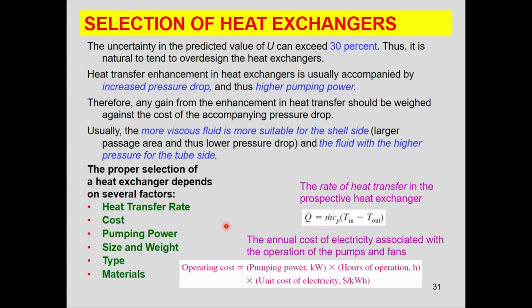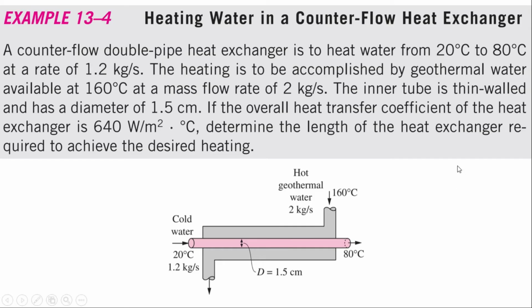Now I will explain the different problems related to the NTU effectiveness method and the LMTD method, so that you will get the idea of how, after reading the theory, we can put it into solving a problem, for the LMTD method as well as for the effectiveness NTU method. So let's have a look at this problem, which is heating water in a counterflow heat exchanger. Let me read the question statement first: a counterflow double pipe heat exchanger is to heat water from 20 degrees centigrade to 80 degrees centigrade at the rate of